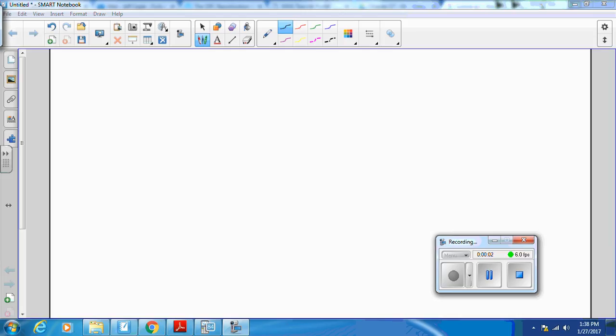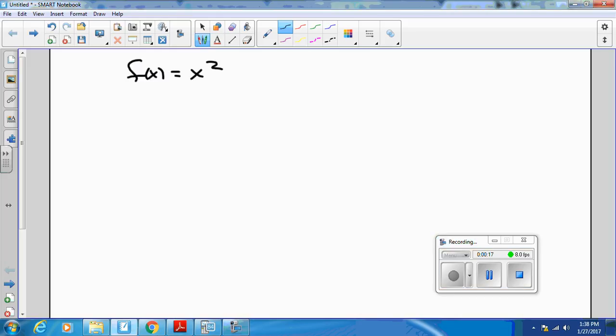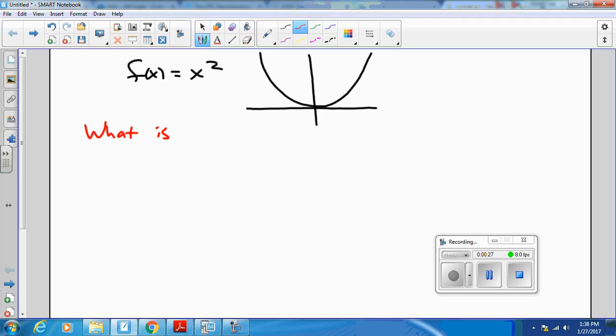Okay, we're going to be talking for the next 2 days, today and Monday, about average rates of change and instantaneous rates of change. And I want to take a moment to remind you of what those things are. Consider f of x equals x squared. Like so. And if I ask you, what is the average rate of change